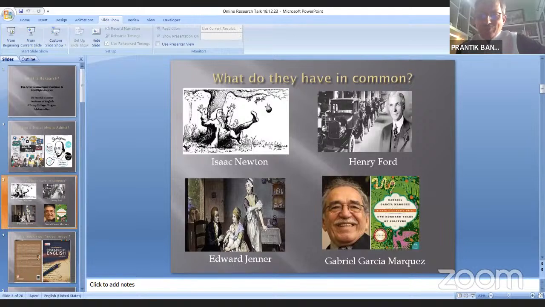The next gentleman, Edward Jenner. Thanks to him, we have a vaccine for smallpox. So he discovered the vaccine for smallpox by changing a very simple question, from, why do people get smallpox, to, why don't milkmaids get smallpox? And then you have